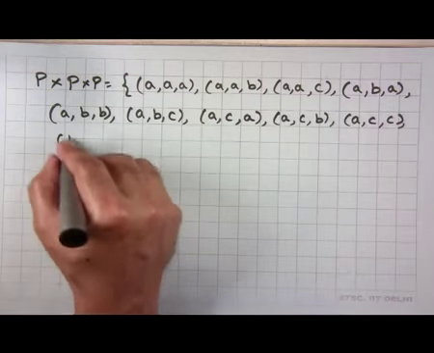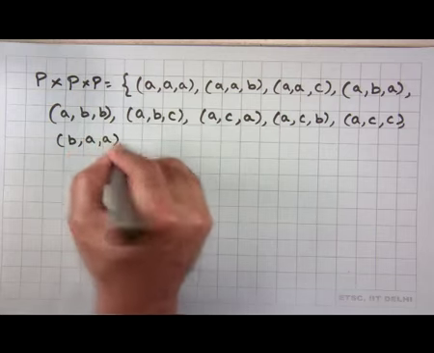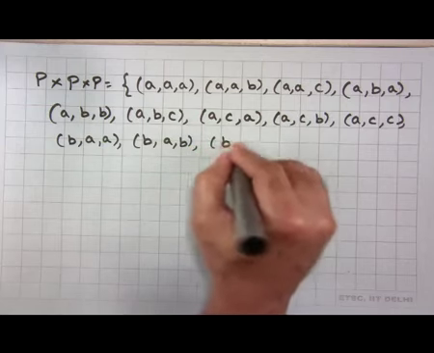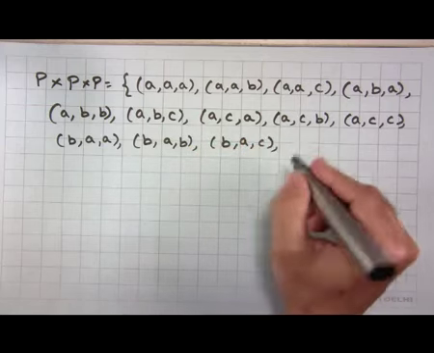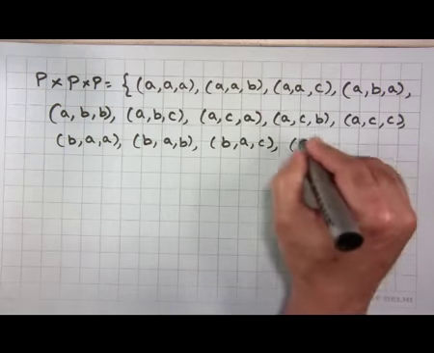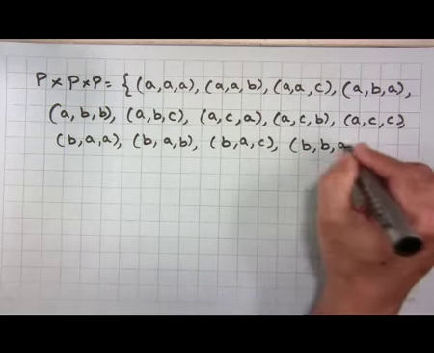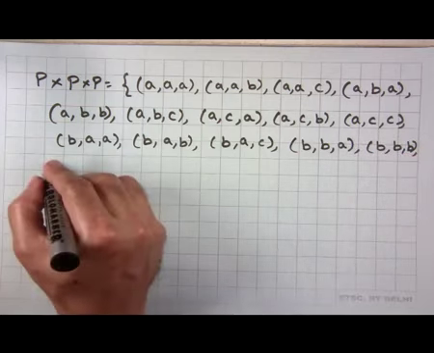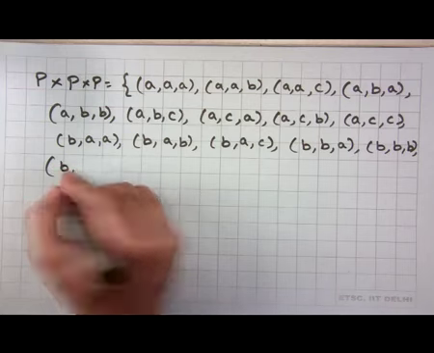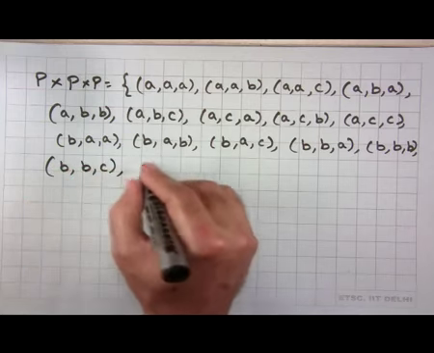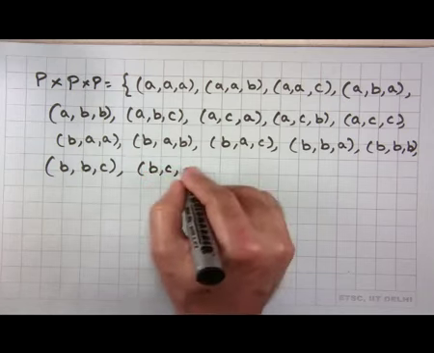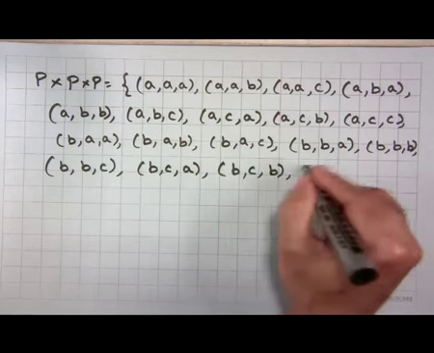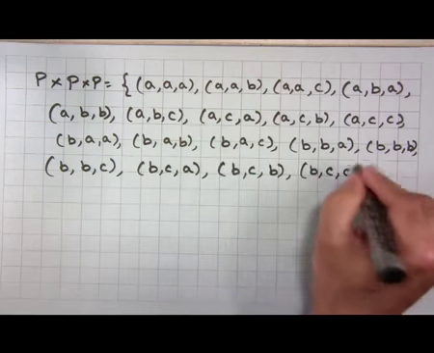and then BAA, BAB, BAC, BBA, BBB, BBC, BCA, BCB, BCC,